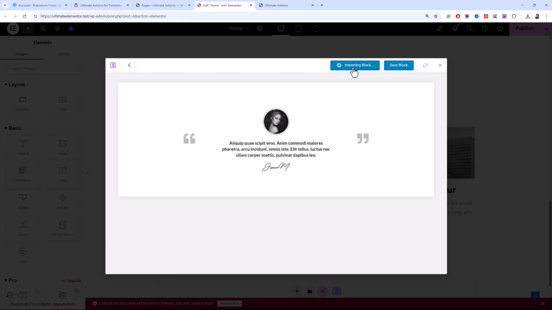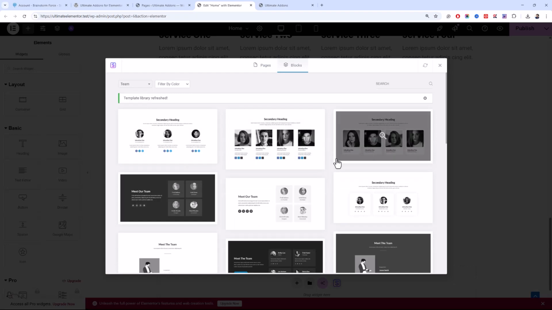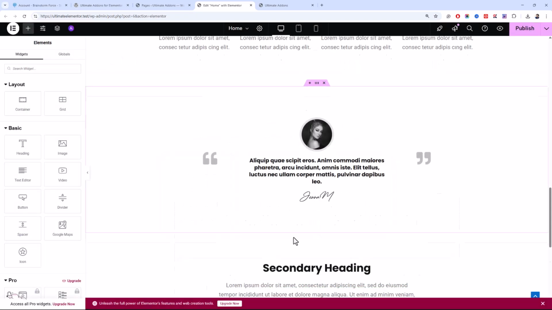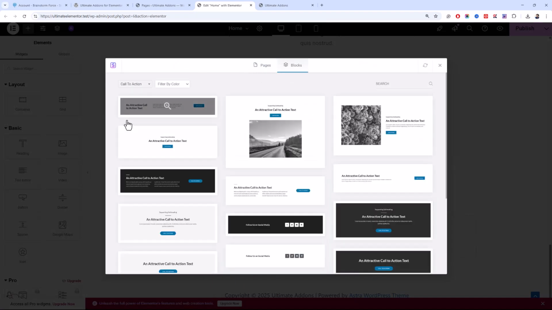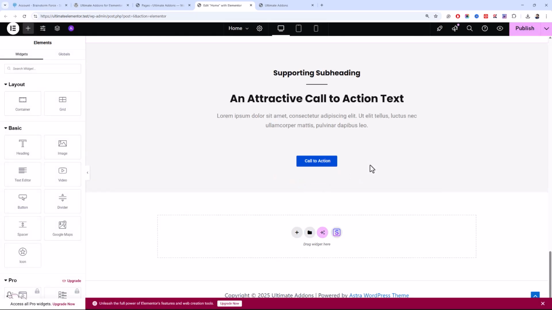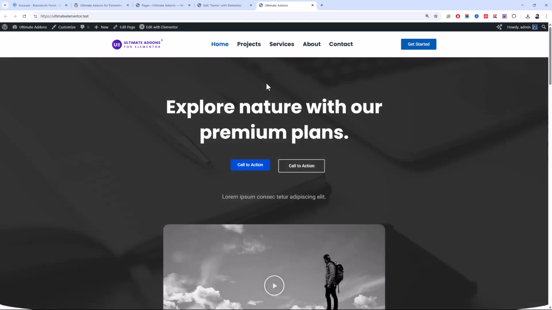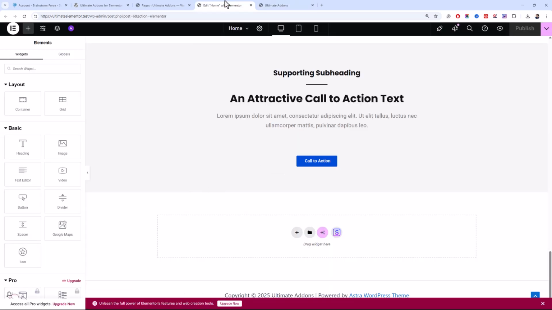You can show some reviews, show some team members, and finally a CTA section. And this is how quickly you can design a complete landing page using blocks and templates.